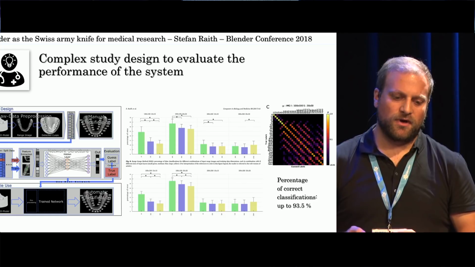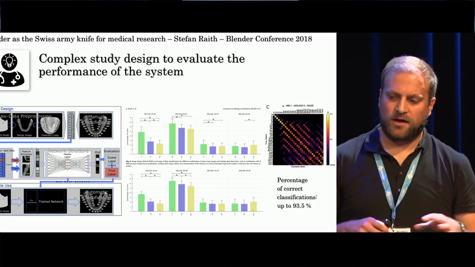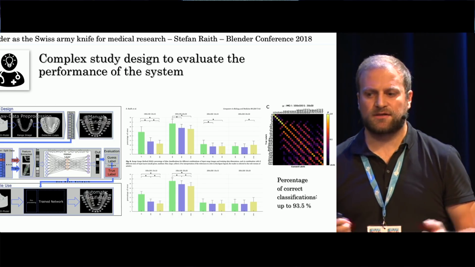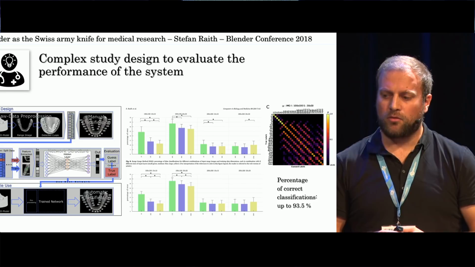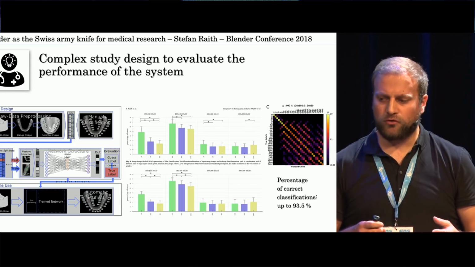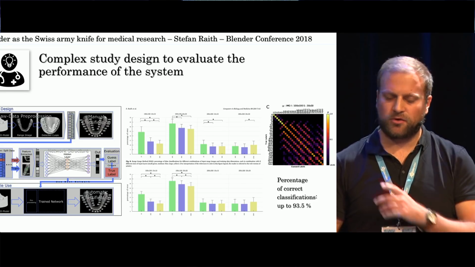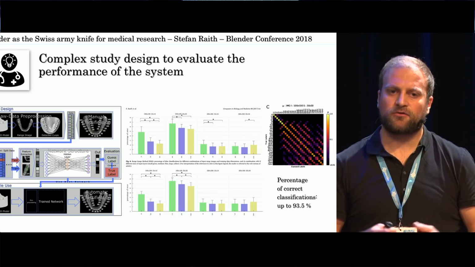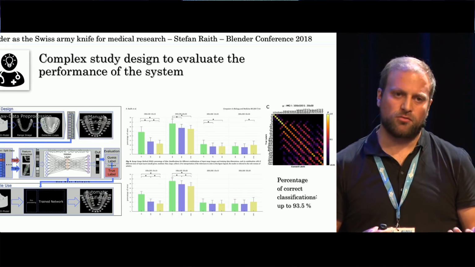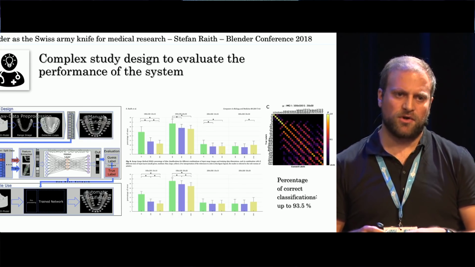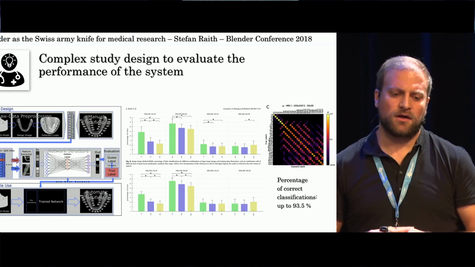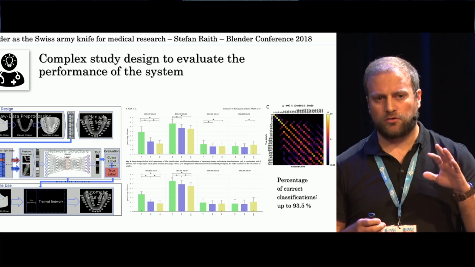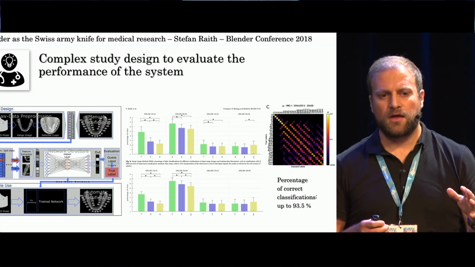And in fact, we did a quite extensive study design with lots of different parameters that we could adjust in the AI to see which shows the best performance, and we could get up to 93.5% of correct classification, which is quite remarkable concerning the relatively limited set of data that we had to train our data. And without the capabilities of Blender to render a C-depth image and to do this in an automated